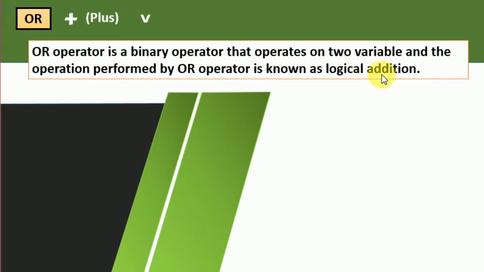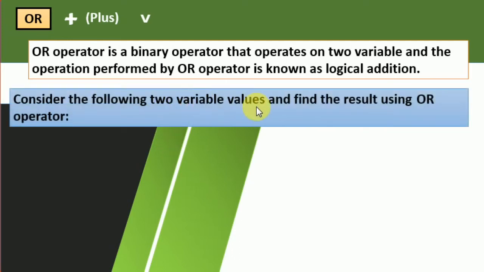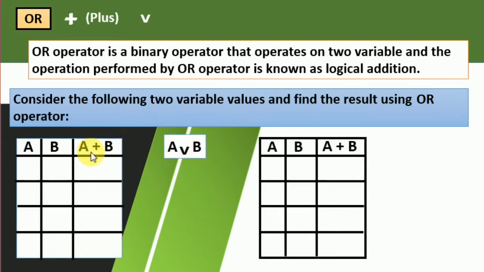Plus sign is being used. Now again we are going to use the same two variables and find the result of the OR operator. So we prepare that. This is our sign, A plus B. I am going to show you that in a binary form and also in true and false. The first line is 0 0, false, false; the first is false, the second is true, so 0 1 0 1.